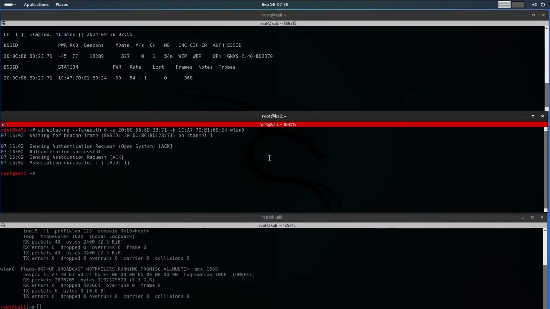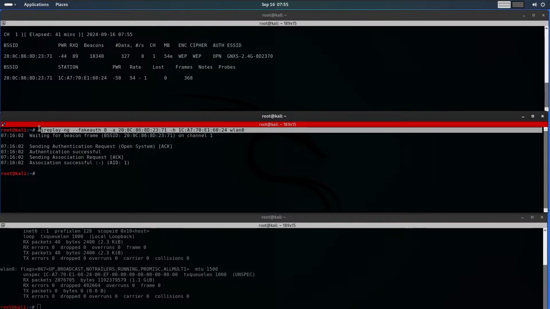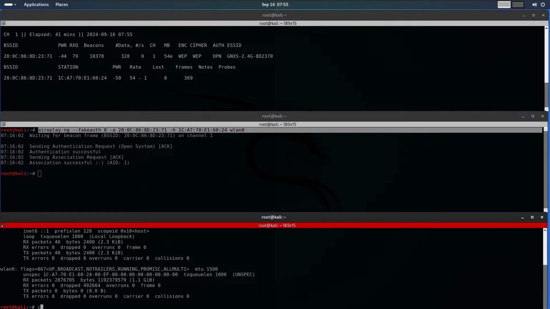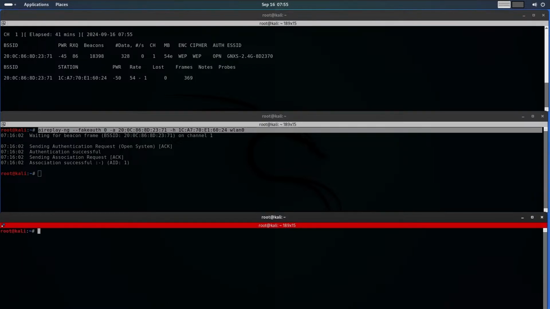To do this, we will use Aireplay-ng. I will copy this command and modify a few things. First, we are not doing a fake authentication attack, so I will remove that part. We are going to run an ARP replay attack instead. This attack does not need a number, so that will be removed. Lastly, I will replace the A with the B